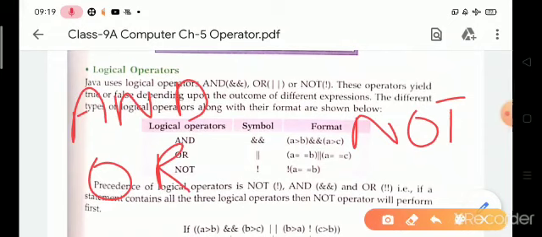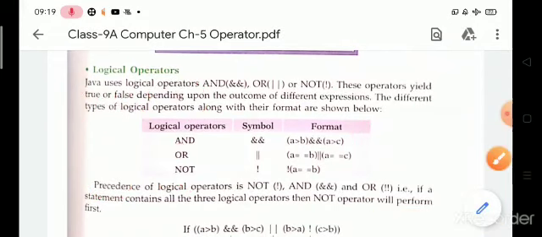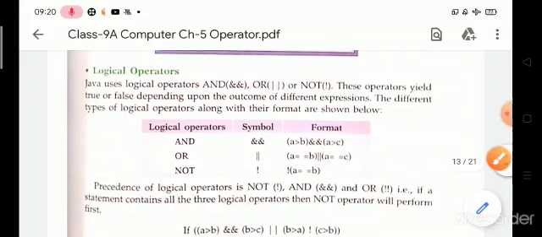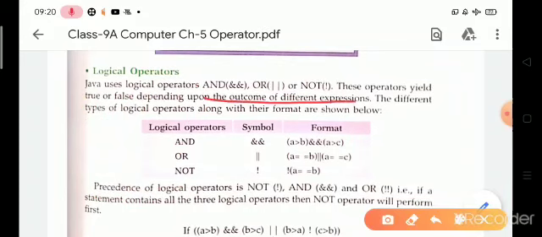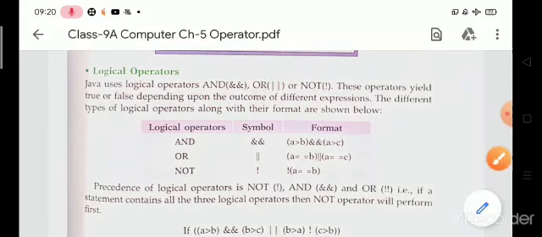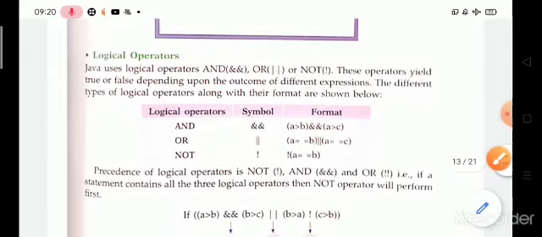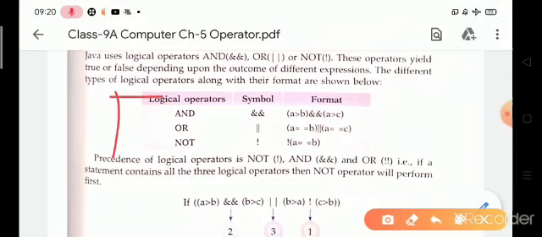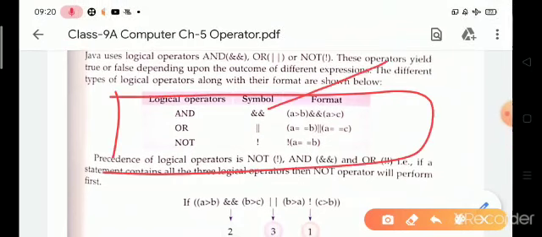So these operators give true or false depending upon the outcome of different expressions. Look at the symbols for AND, OR, and NOT operator. The symbol for AND operator is this one, for OR operator this one, and for NOT operator this one.